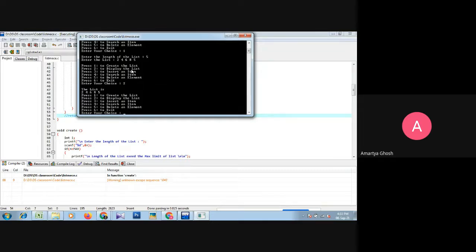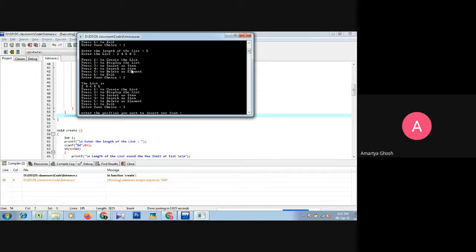Now 3. So 3 means we want to insert one element. Suppose the element is 3. 3 is between 2 and 4, so 3 will be inserted at position 2. So insert operation, choice 3. Now enter the position you want to insert.